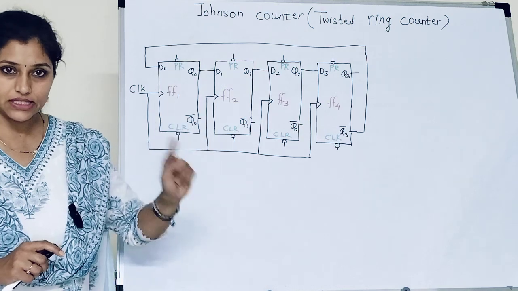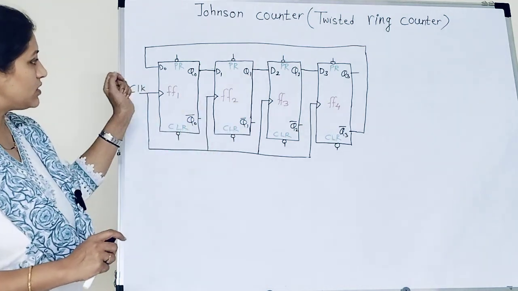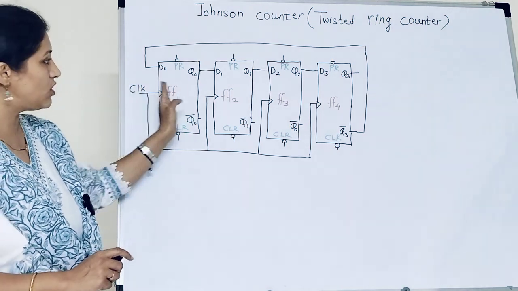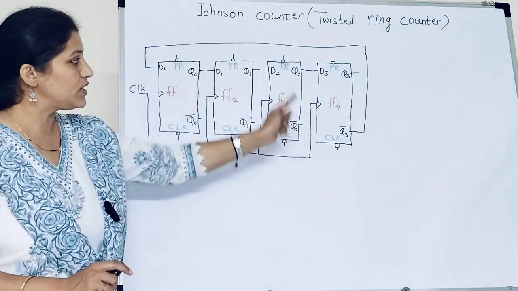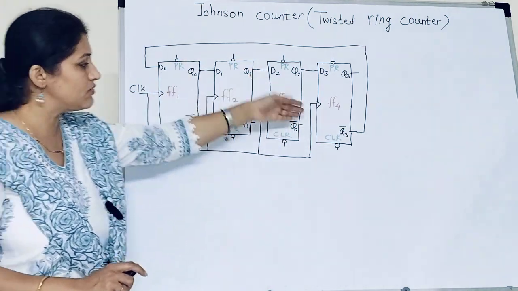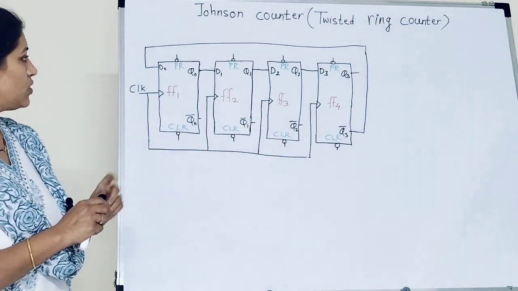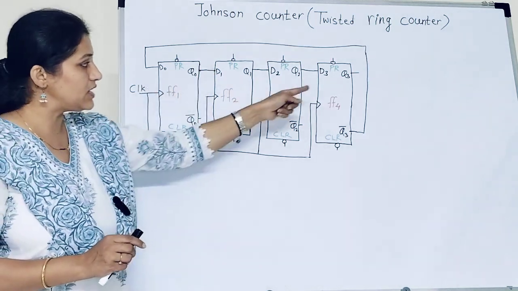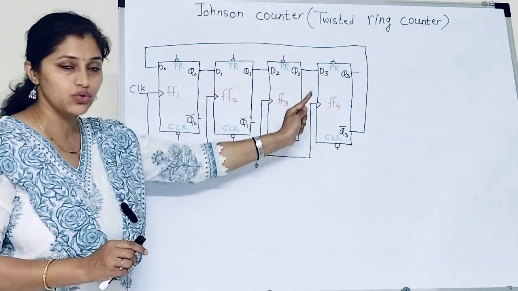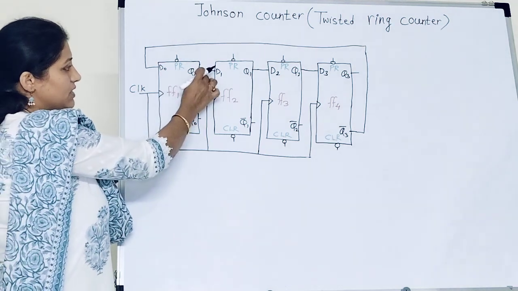of flip-flop 0. So in this twisted ring counter, if initially we consider that all 4 outputs are 0, then only 0 will keep moving, or the inverted output means 0 and then 1 will move. What I'll do, I'll make output of first flip-flop 1 first, and then I'll show you how it rotates through flip-flops. So I'll make this output 1.